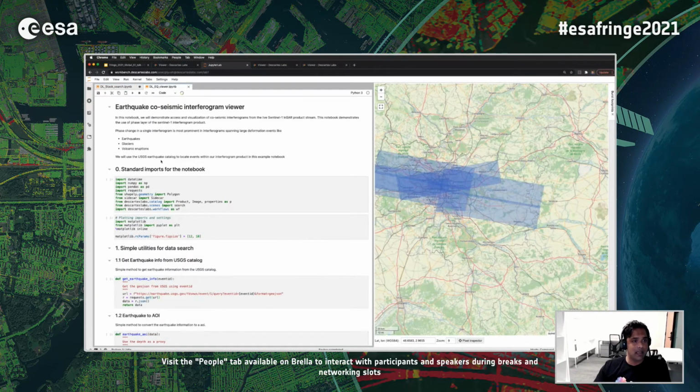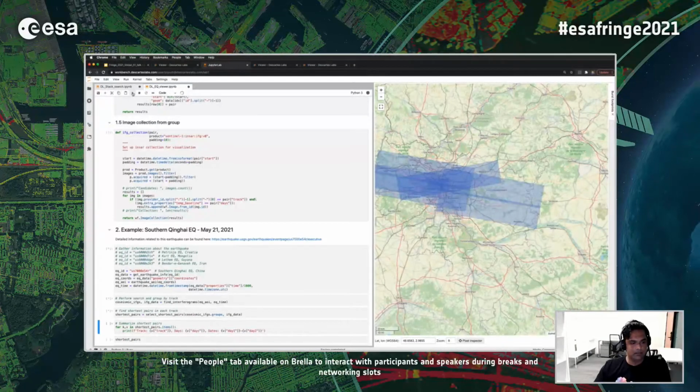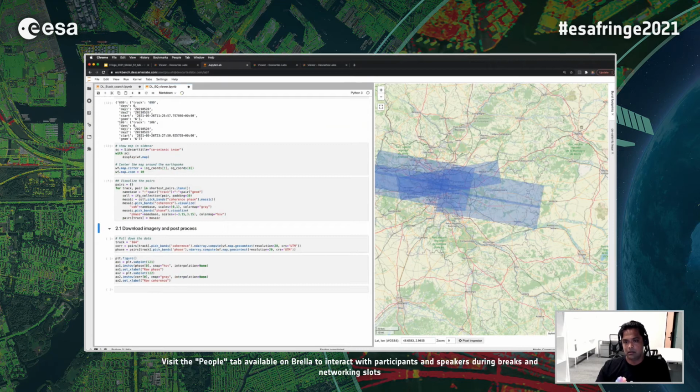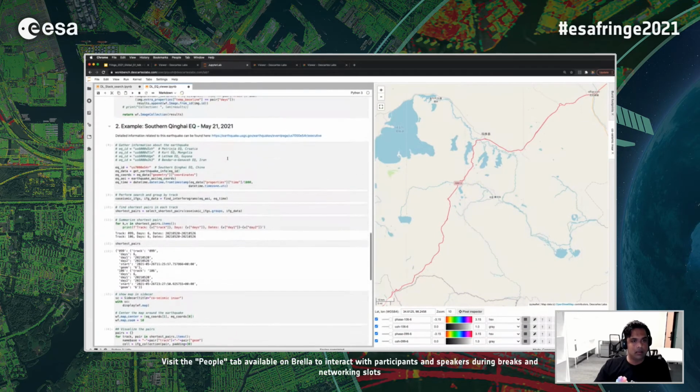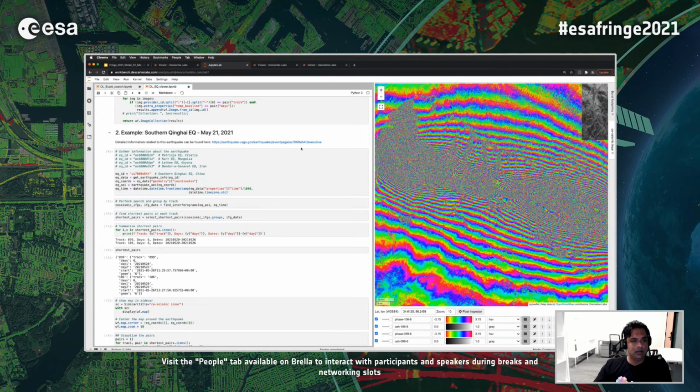Another quick demo, we have an Interferogram Viewer. Since we process all data globally, all this data gets generated automatically. So what you're looking at here is the southern Shanghai earthquake. USGS issues a unique ID for each earthquake. I just need the ID for the event. I could plug in any other ID. What it did was it looked at our interferogram database, found the shortest temporal space coseismic pair, and it plots the phase and coherence